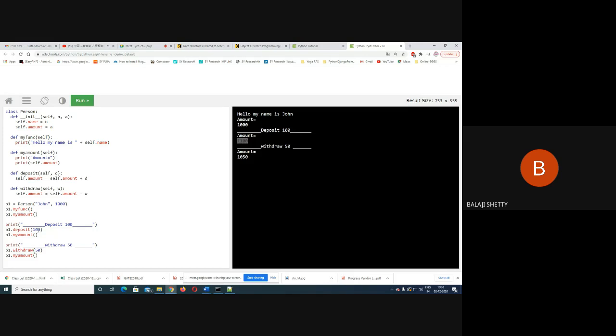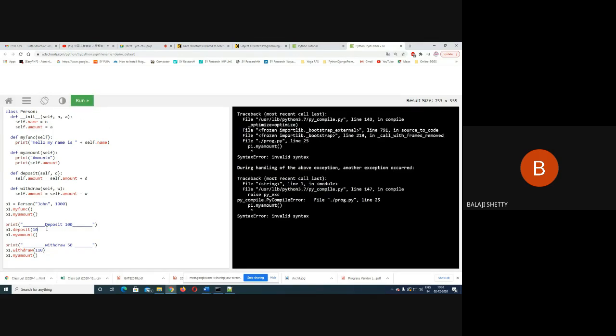Let us make some changes. Instead of depositing 100, I deposit 10 rupees, and I withdraw, suppose, 110. Run the code. Oh, there is a mistake.